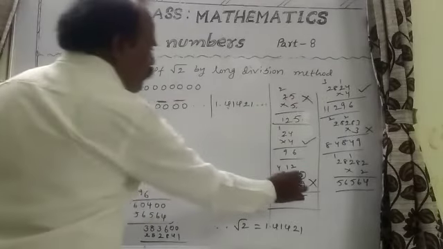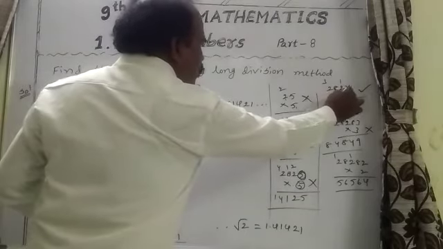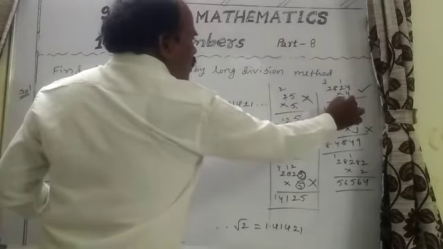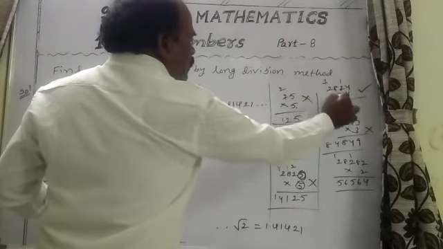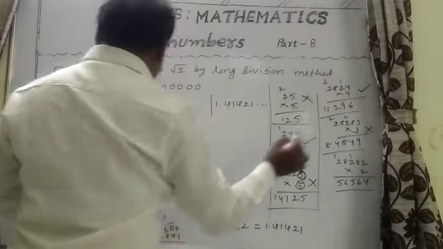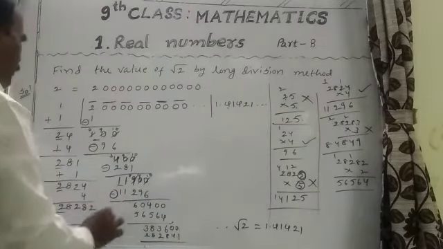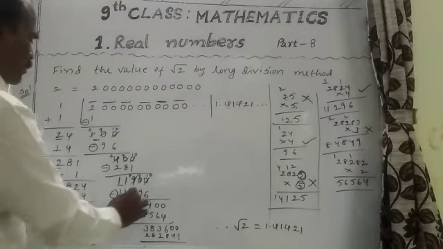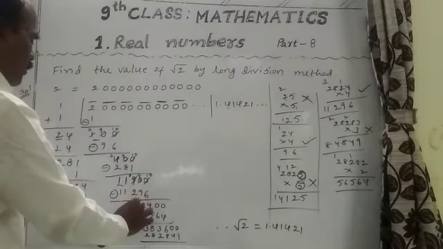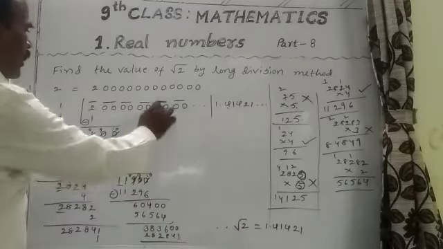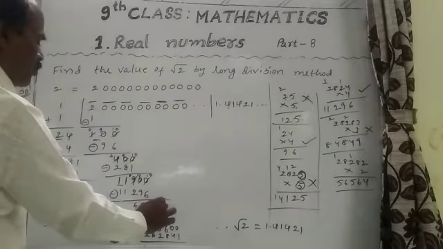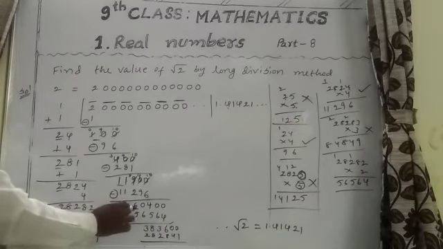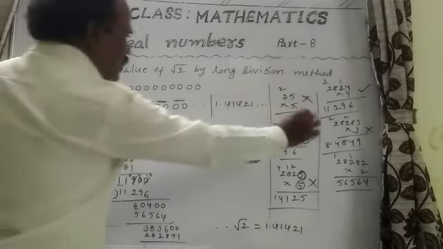2824. Next, 2825, after take the 2824 and multiply with the 4. 4 4s are 16, 4 2s are 8, 9, 4 8s are 32, 4 2s are 8 plus 3 is 11. 11,296. 4 plus 4 is 8 here. Write the remaining numbers. Here subtraction, 604. Take another pair of zeros, 0 0. Now starting number is 2 here. Here 6 is there. 2 3s are 6. That's why multiply with the 3. Check with the 3.